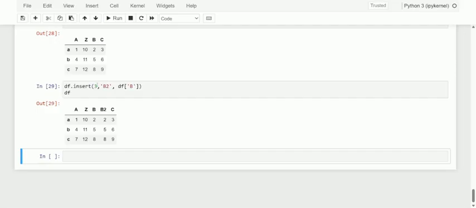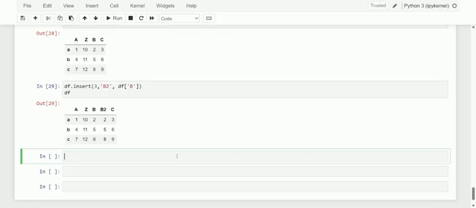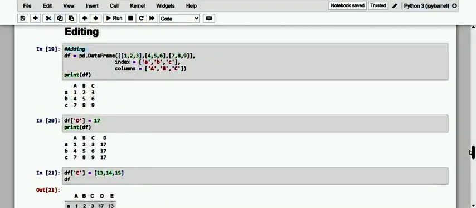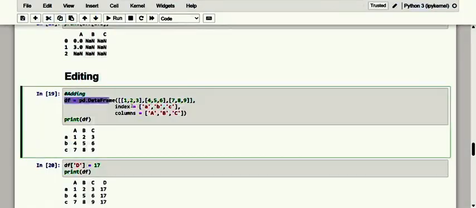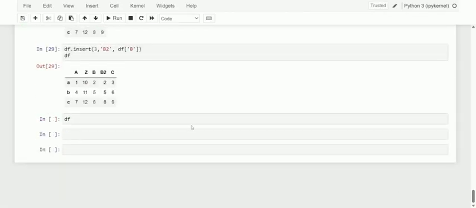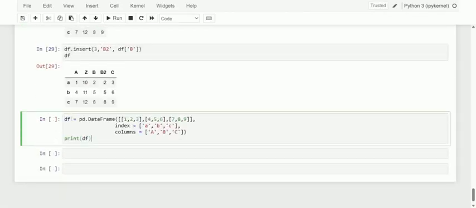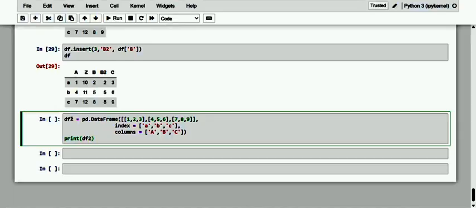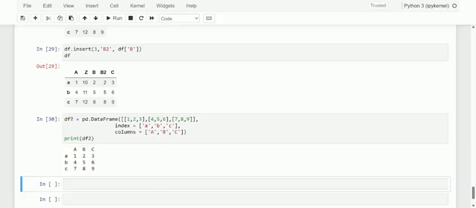So dear friends, till now we have seen adding, deleting and inserting a column. Let me explore a few things related to rows. Let me have the df here. I copy the previous data frame which I made for editing, and I'm going to call this df2. This is my data frame 2, so let me take this as our data frame.